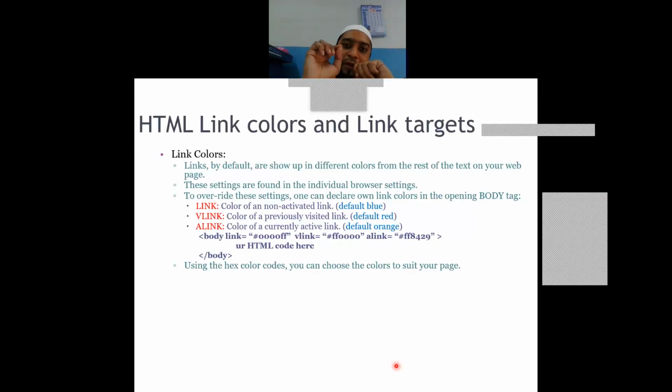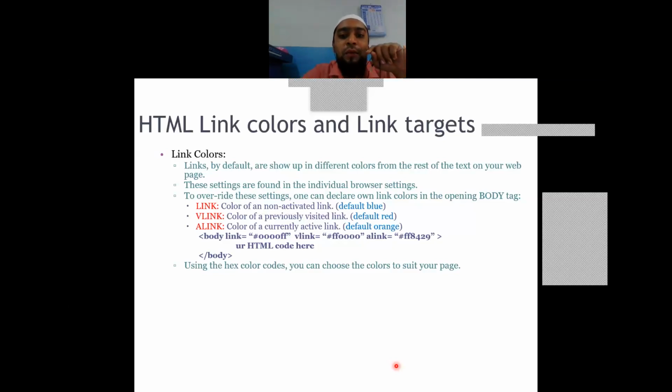Now you clicked on the first one, it is not so good. You clicked on the second, it is not appropriate. Then third, then after a while you will get confused whether you clicked on the third or not. So this coloring will make a differentiation, and you can easily identify which one you have clicked and which one you have not clicked, which one you have visited and which one you have not visited.